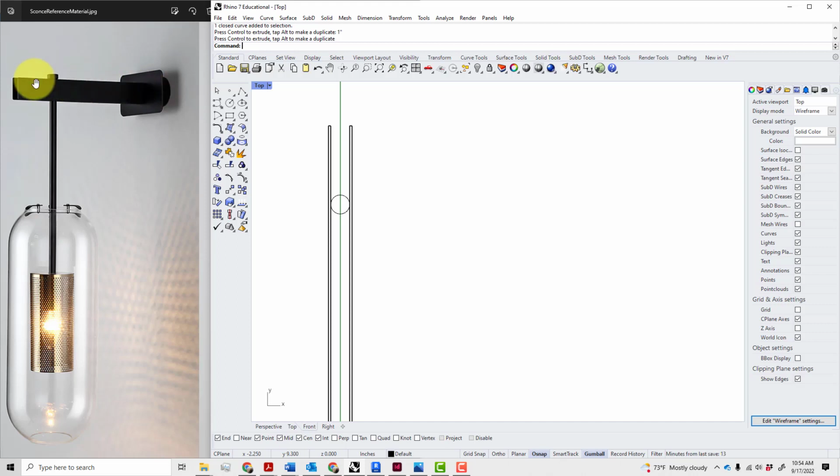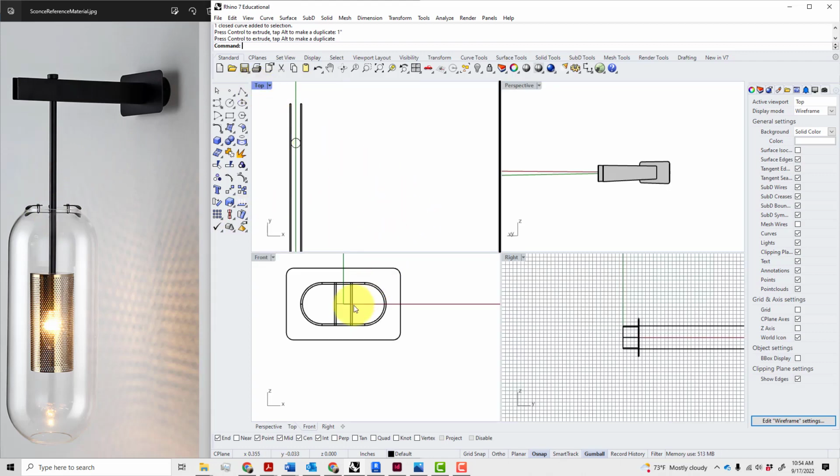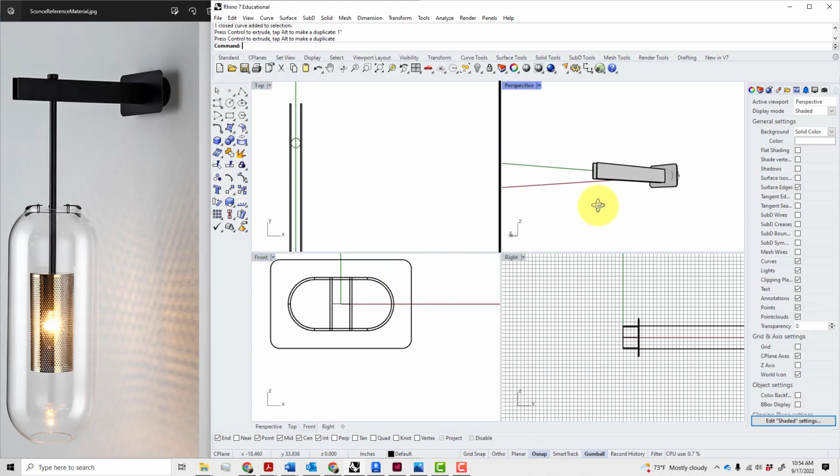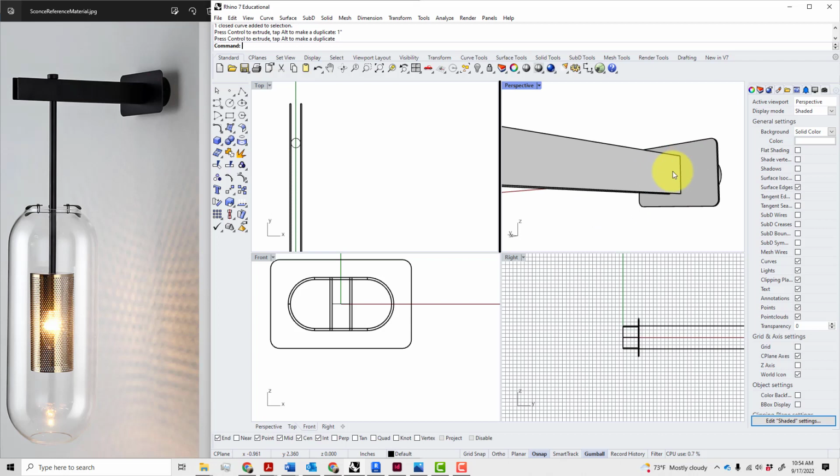Alright, so if that is 10 inches, that's another 10, say there. I think I've got, I think I magically made this about right, but I might be a little